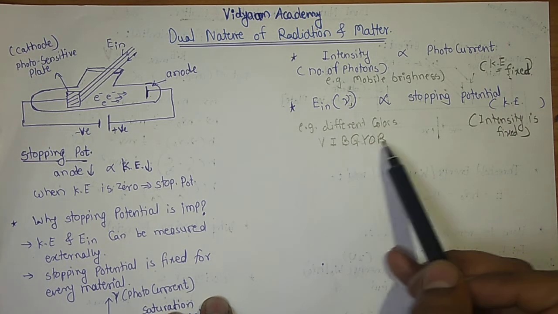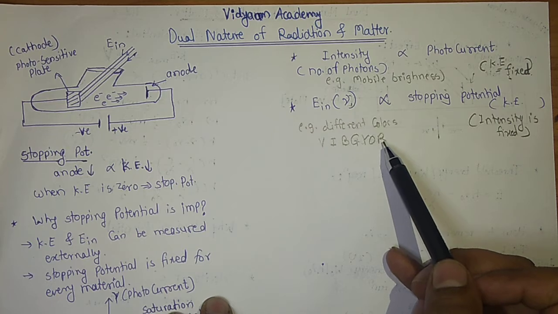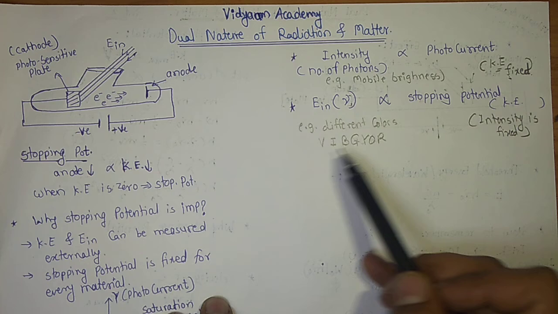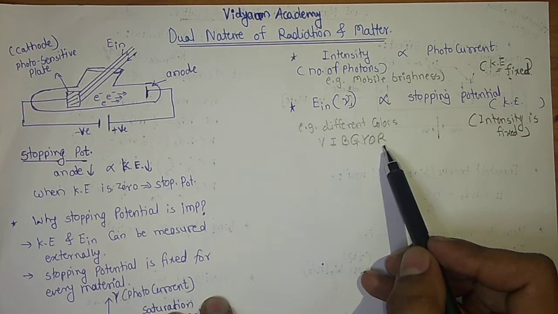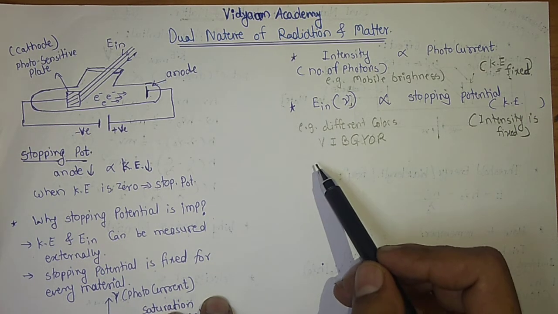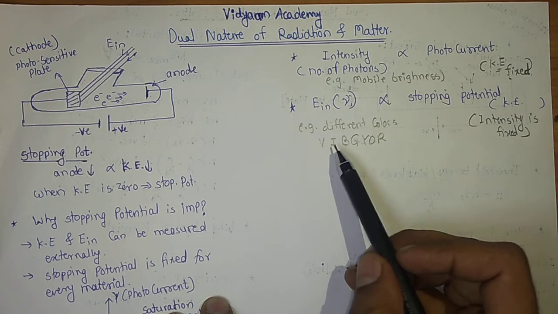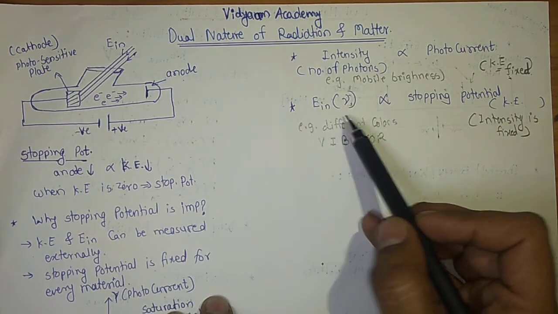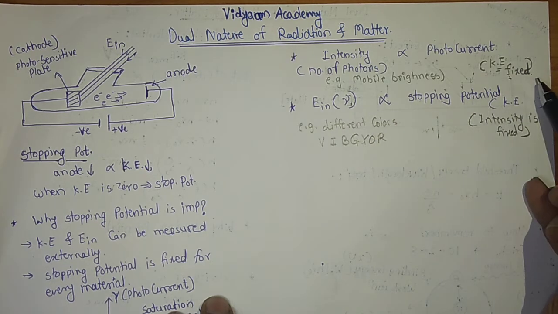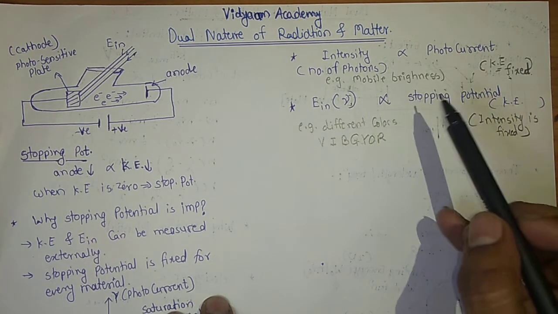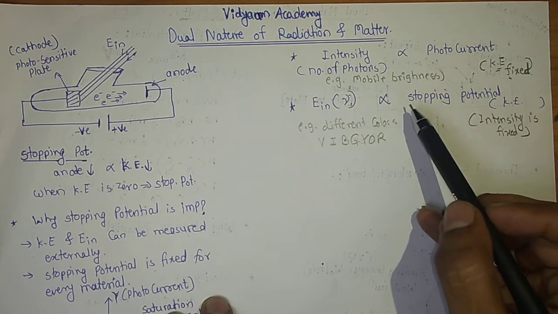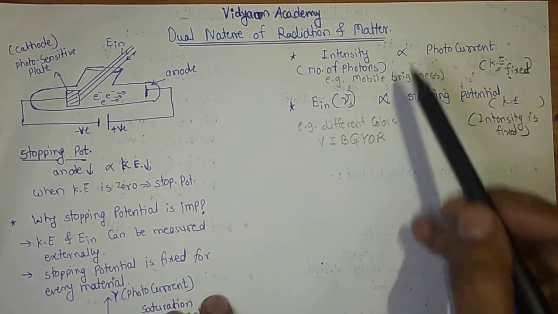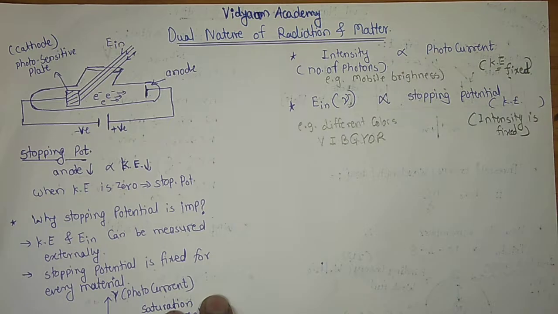You know, in your spectrum, if you are changing from red or yellow to blue or violet color, your wavelength will decrease and energy will increase, isn't it? So if you are increasing the incident energy, your stopping potential will increase because the work function of a material is constant. So these two aspects are very important to understand.